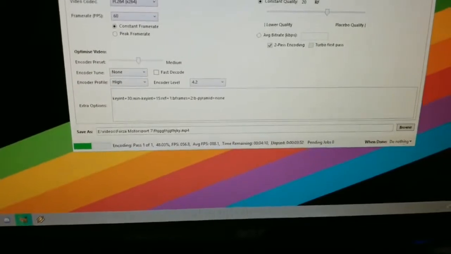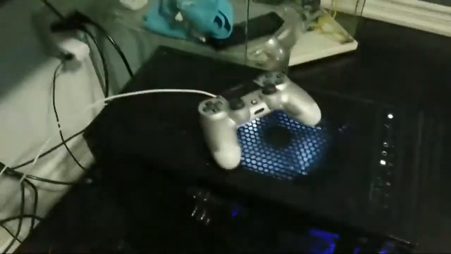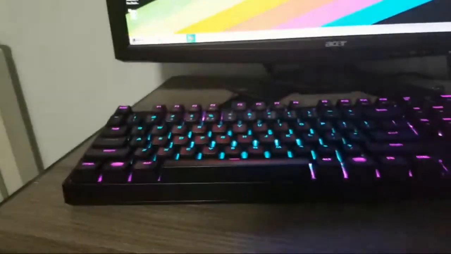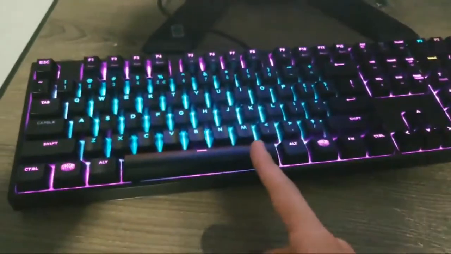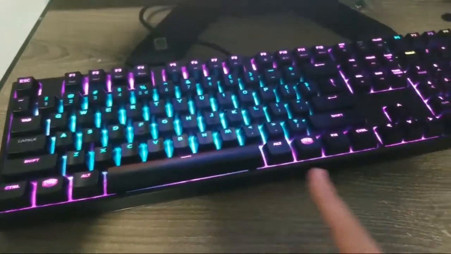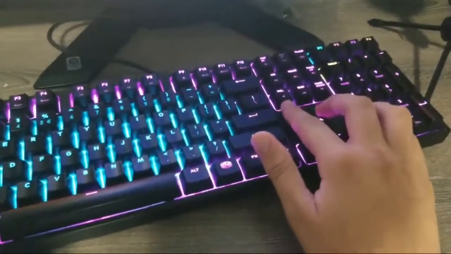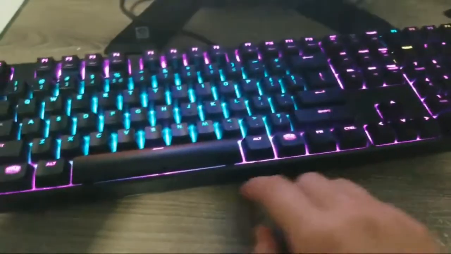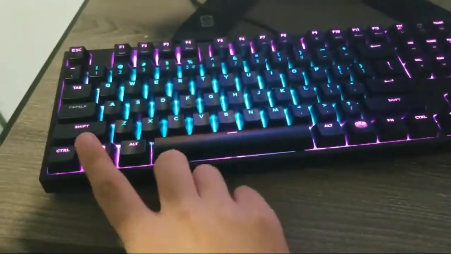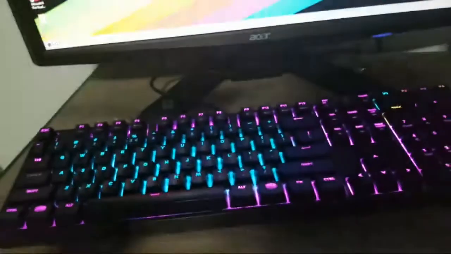So, how do I entertain you people while this video encodes? We got a cool Cooler Master keyboard, which for some reason out of the box, some of the keys don't work, and I have to mash down this button to make it work. So for example, this Windows key won't work. Okay. So if I can reach around,